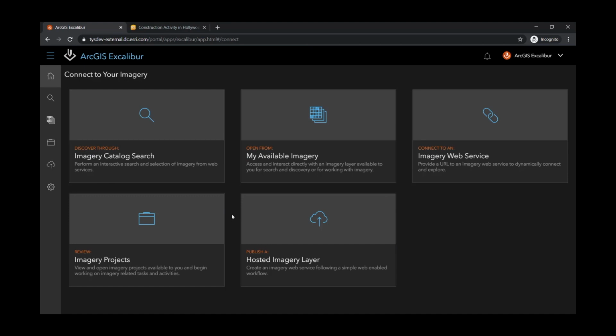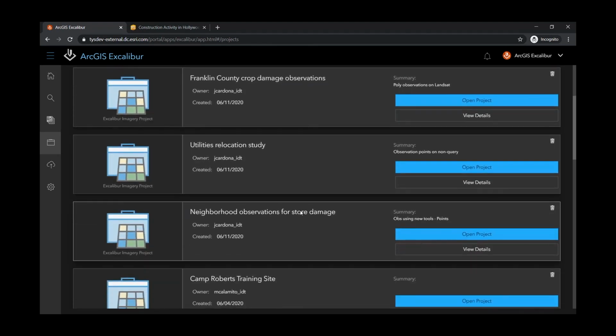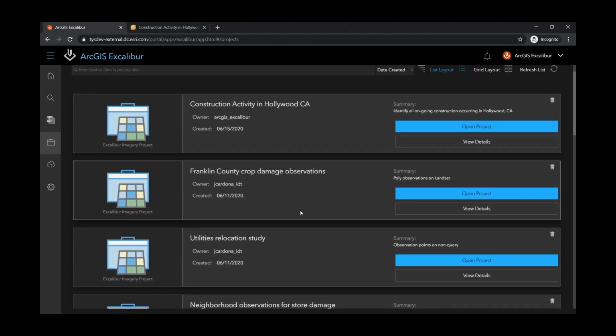ArcGIS Excalibur allows for users to conduct a wide variety of image-based workflows, including those that are pre-planned. A pre-planned workflow can be accomplished through the notion of an imagery project. An imagery project is a way for users to assemble and organize all resources required to complete an image-based task in a single location. I can view a list of imagery projects within my organization that are available to me